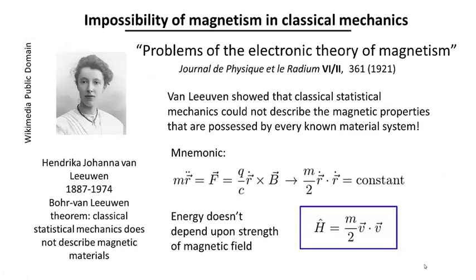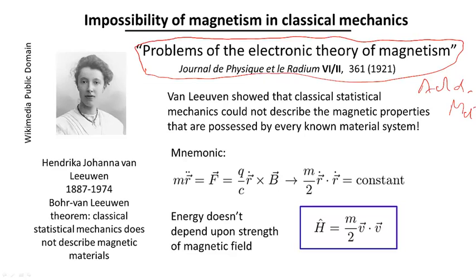So the sort of culminating research result in this subject is described in this paper, which you can find in the additional materials. I have the original there. It's in French, but many of you will be able to read the equations. A remarkable result found by Hendrika van Leeuwen, who showed that classical statistical mechanics couldn't describe the magnetic properties that are possessed by every known material system. And it's not like it gave a description which was off by a factor of 2 from what it really is. It basically says the phenomenon of magnetism is impossible. Well, this is quite a blow to classical